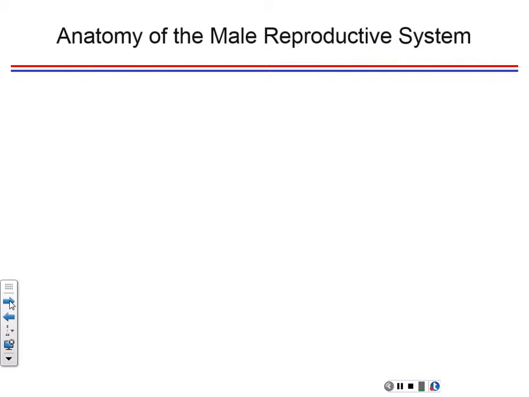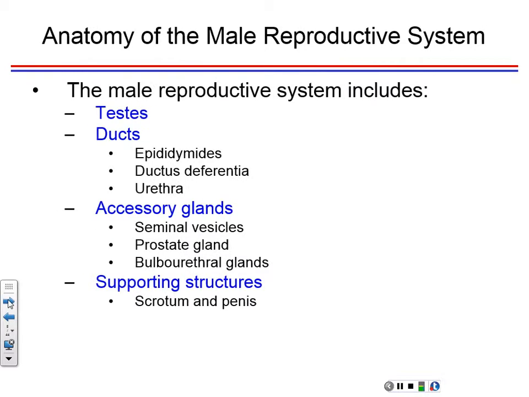All right. So like I said, we'll start talking about the anatomy of it, and then we'll talk about how it works. All right. So the testis, primary organ. Okay. And then of course the duct. Okay. The epididymis is where, epididymides is plural. Okay. The sperm mature, and we'll talk about that in a little bit. They're produced in the seminiferous tubules, and then they mature for about 16 or so days in the epididymis, and then